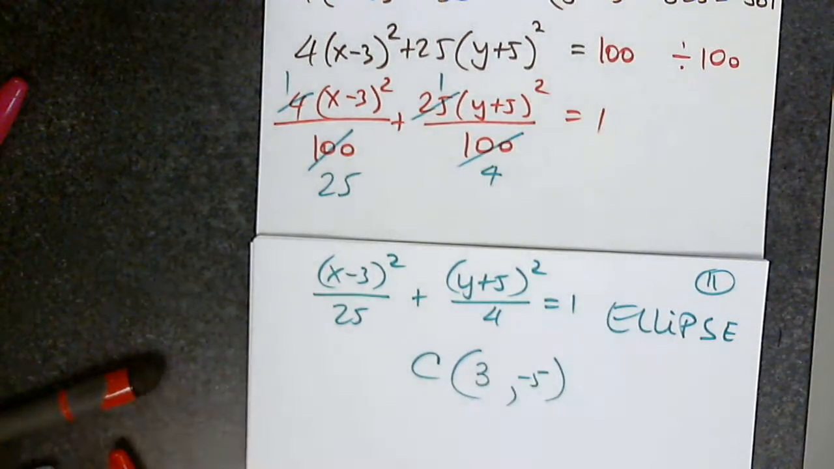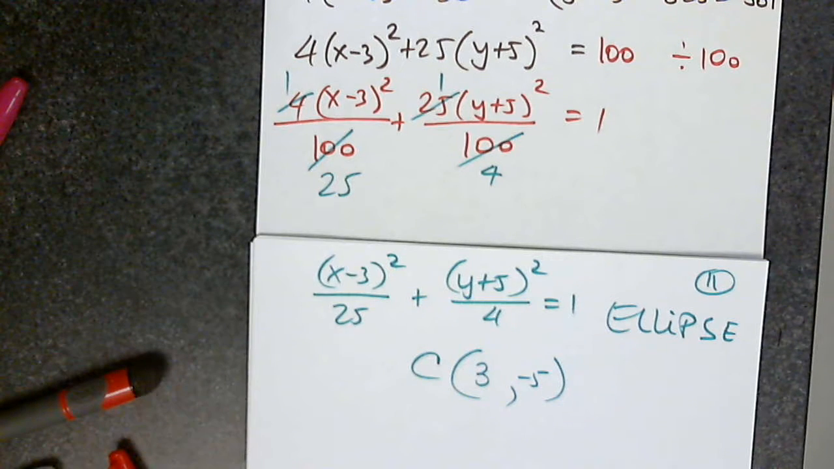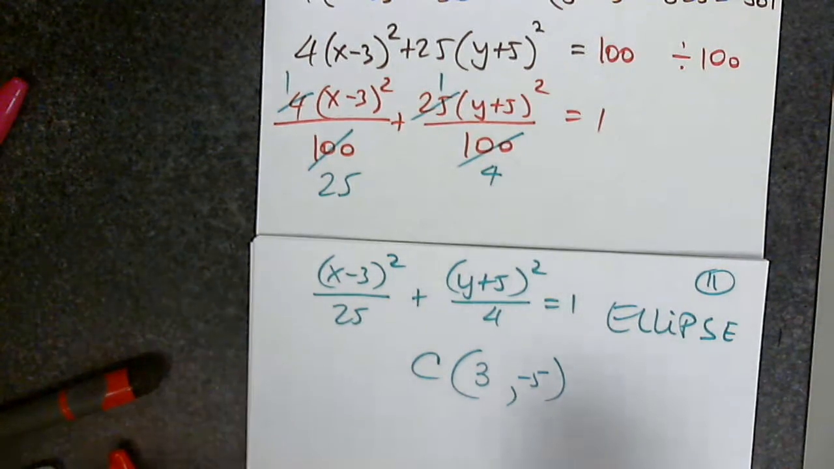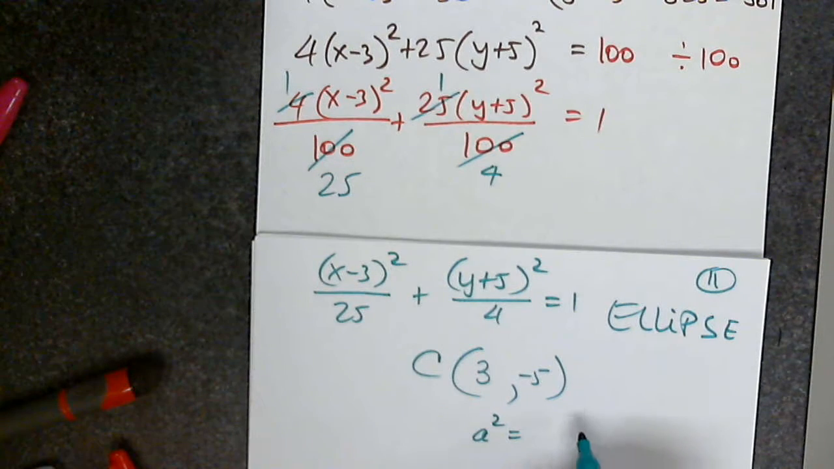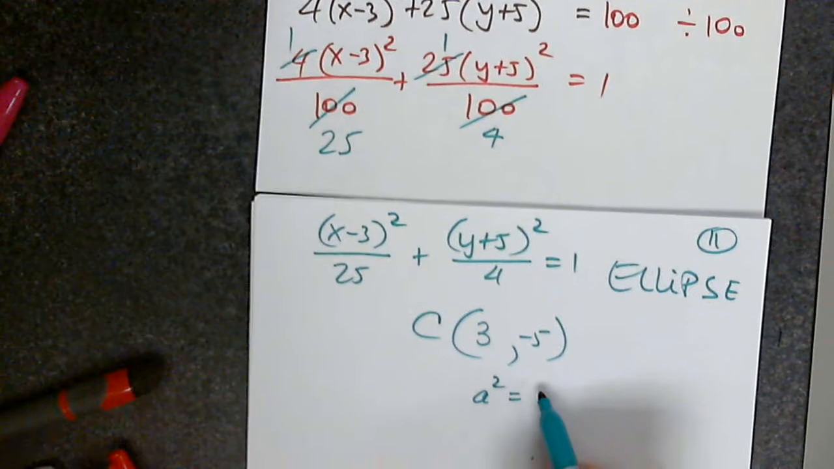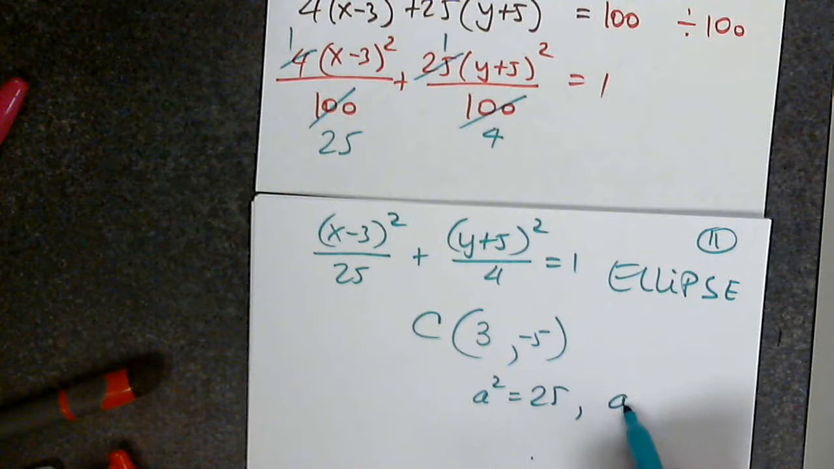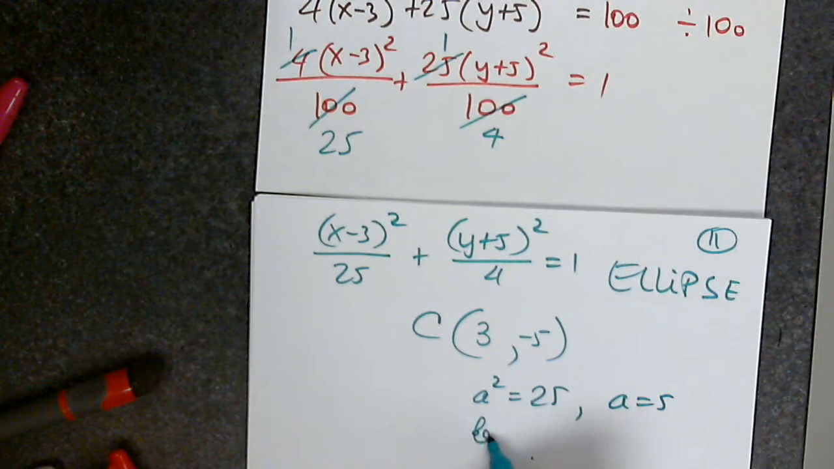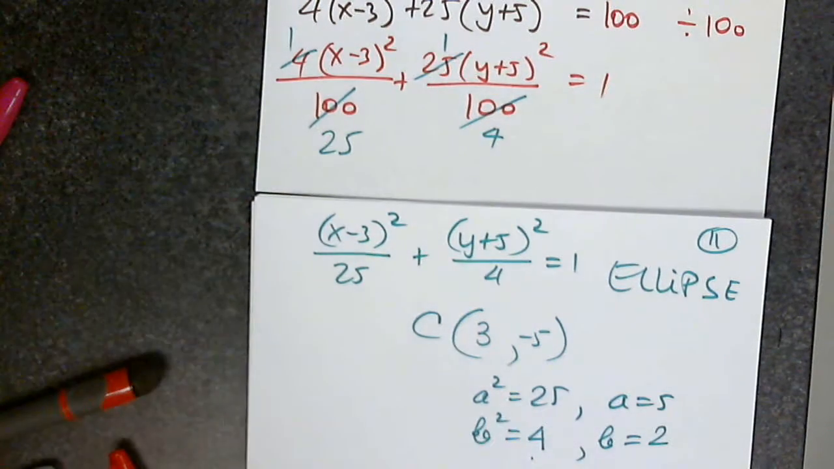Yes. So I shifted 3 to the right and 5 up from the origin. Can anyone give us a squared? 25, okay, a is 5. And b squared? 4, which means b equals? Okay, let's graph it with a graphing calculator. I can't show it here because for some reason